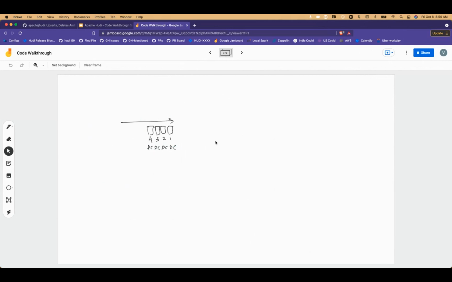What's going to happen is, let's assume for simplicity the table only has one file group. It's going to first write a Parquet file, because that's at least how it is today. So you will produce a Parquet file, let's say